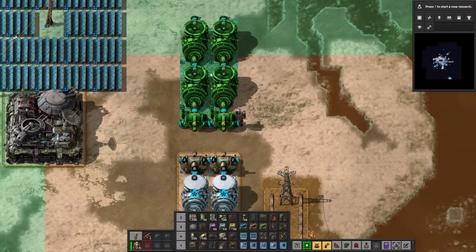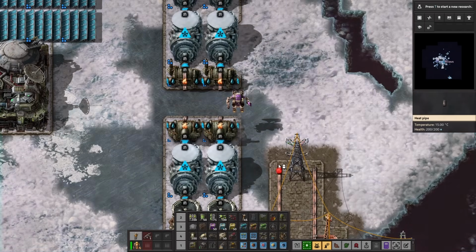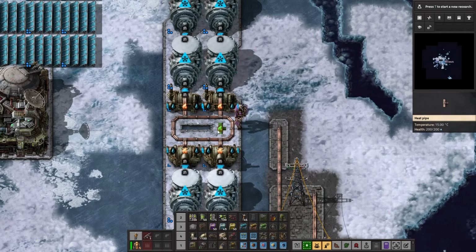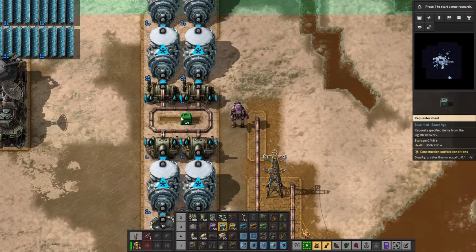1, 2, 3. There we go. And that needs to be heated. All this needs to be heated. And get that heater up here. And this loop is going to be like a closed loop in here. There we go. And then that will be a...